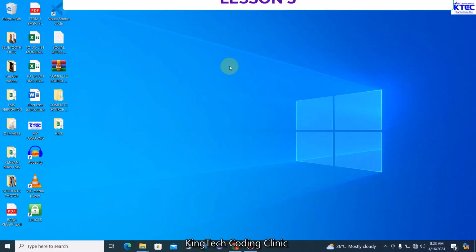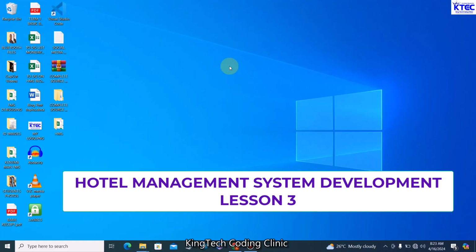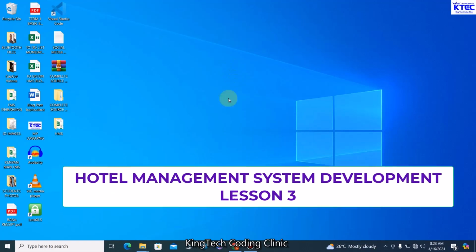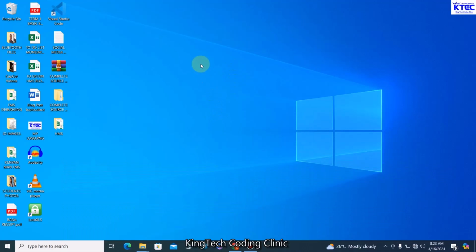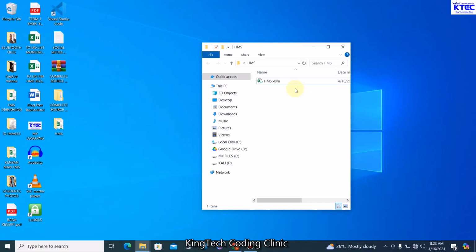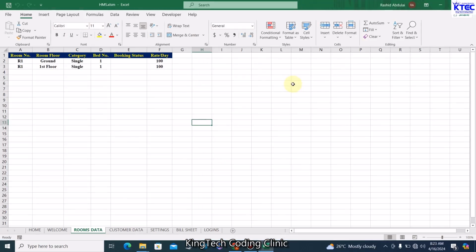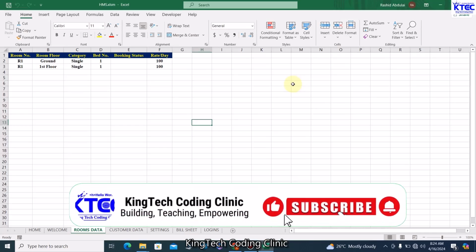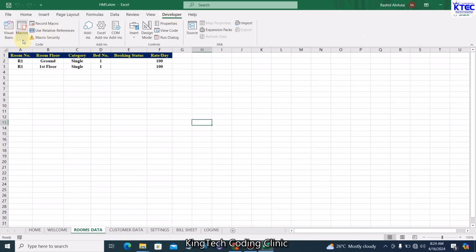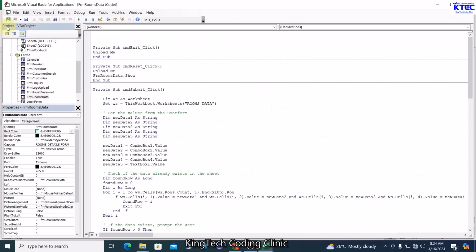This is the third lesson, Hotels Management System Development in MS Excel VBA. Now, in our previous lessons, we dealt with the FRM, that is the inquiry form, as well as part of the booking form. So, in this lesson, we're going to continue with the booking form, where we can capture the customer details. So, moving straight forward, let's go to the developer tab after launching the application, Visual Basic, and from